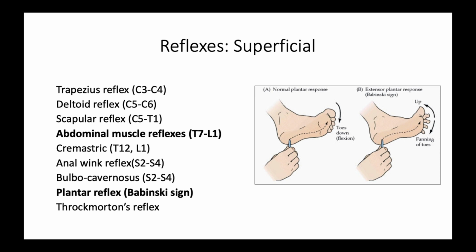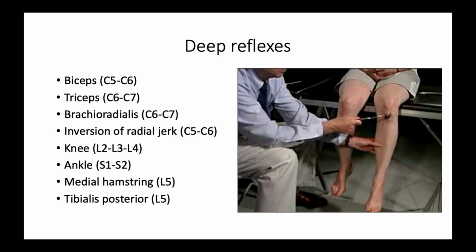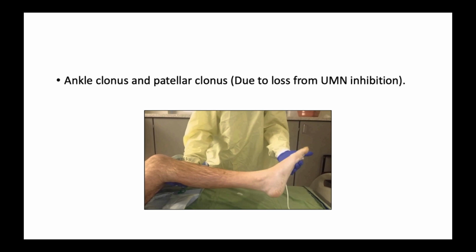Coming to the reflexes, they are divided as superficial and deep. For the superficial reflex, like the plantar reflex, an extensor response is an indicator of a UMN pathology. This is the list of the deep reflexes that the candidate is expected to know. Many a time the same patient is being assessed by multiple candidates and the reflexes may be muted. So knowing the Jendrassik's maneuver or distraction tests in order to get a response is important. Then we look for ankle and patellar clonus, seen when there is loss of UMN inhibition.